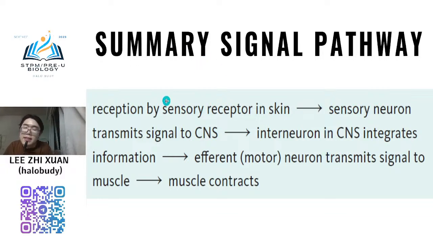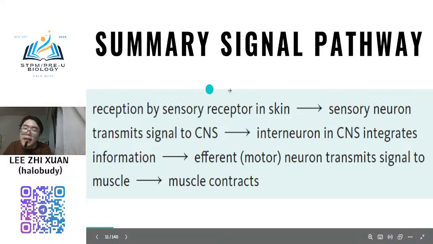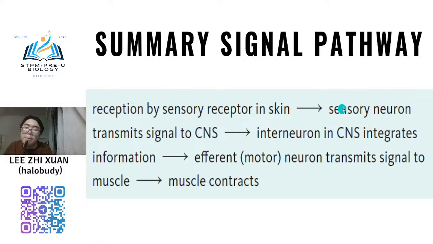So normally this is the signal pathway. You should have the sensory receptor. Every organ, not only skin, every organ should have the sensory receptor. So when the sensory receptor is stimulated, it will send the impulse through the sensory neuron to the CNS,